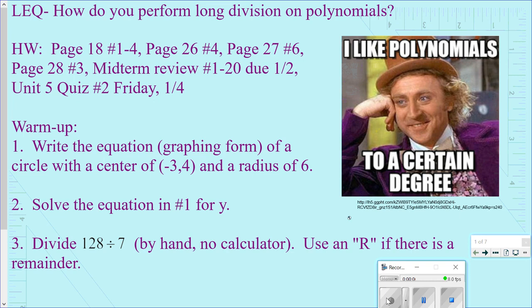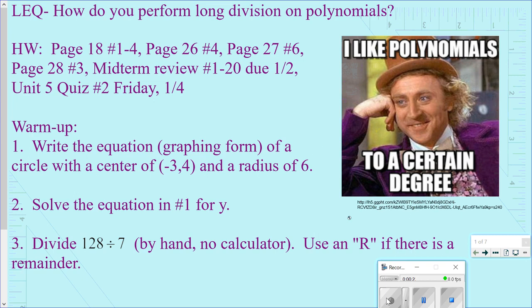This is Unit 5, Day 9. We started today with this warm-up, so pause the video to do the warm-up and then play to check your answers. So the first one, write the equation of a circle with a center of -3, 4 and a radius